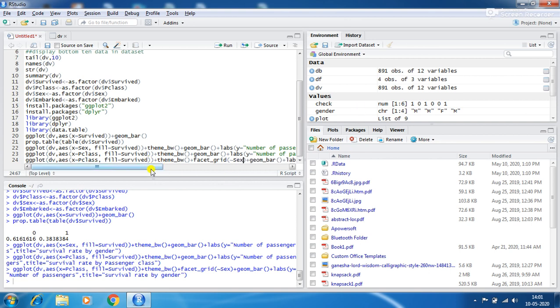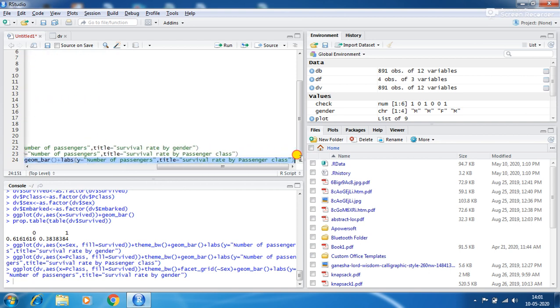That is to find out in which class how many males or females survived. So view that graph by selecting it and then running it.